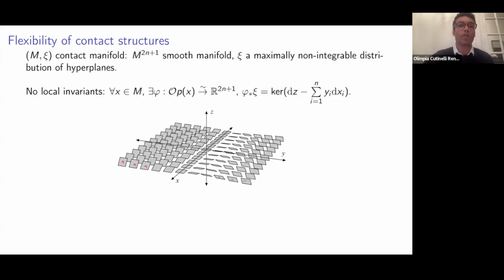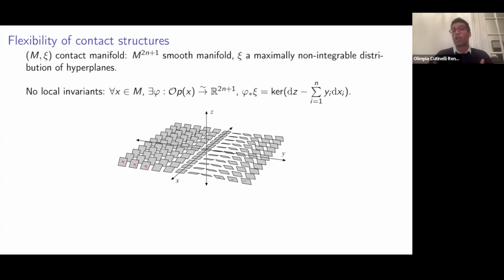Something I forgot to say: contact manifolds are always of odd dimension, for linear algebra reasons. So this Darboux theorem says that in contact geometry, you don't have any interesting local invariants. Locally, everyone looks the same. So if we want to say something interesting, it will have to be about global properties that a contact structure confers to a contact manifold.